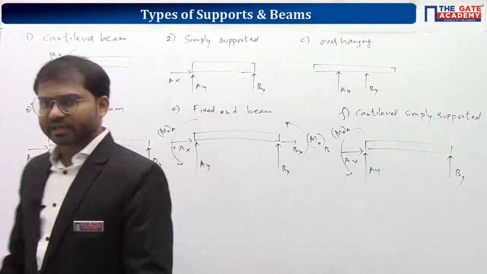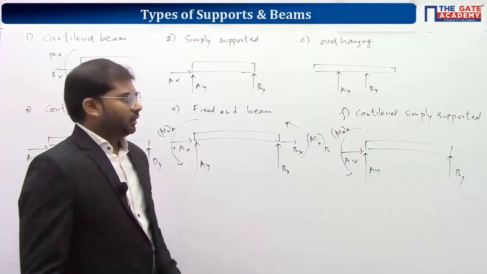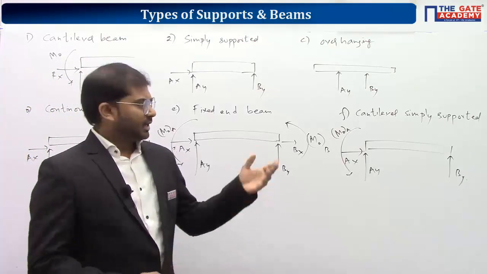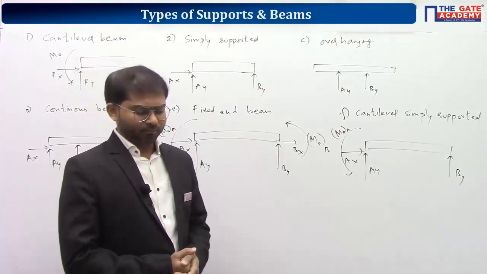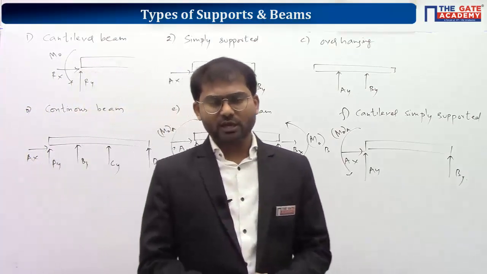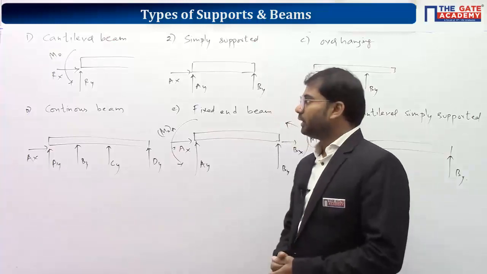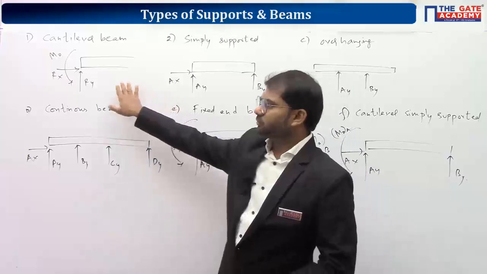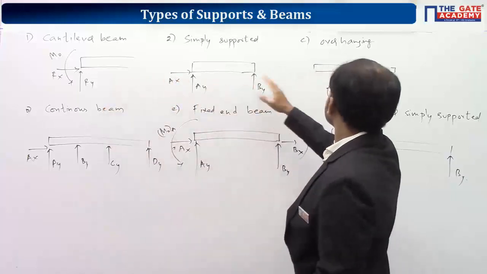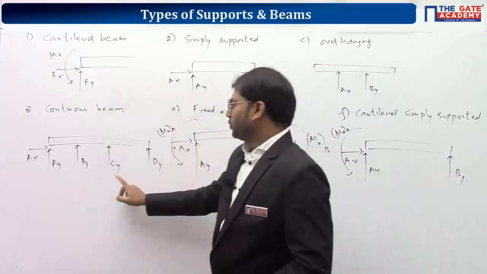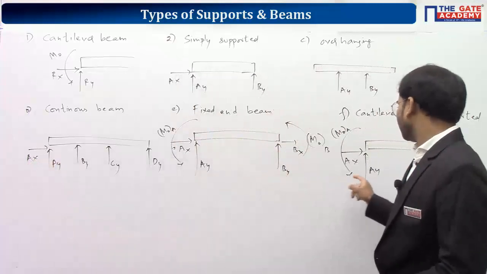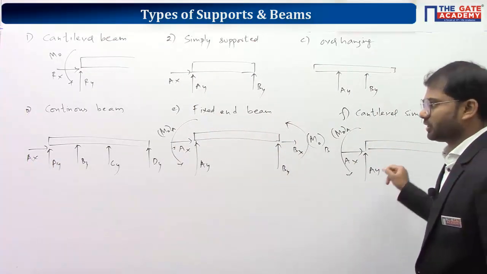Okay, listen carefully everyone. We have 6 types of beams here, having different unknown reaction forces and unknown reaction moments. If you see the first row, it has 3 unknowns, 2 unknowns. Then it has 1, 2, 3, 4, 5 unknowns. Then 1, 2, 3, 4, 5, 6 unknowns, and here you have 3 plus 1, 4 unknowns.